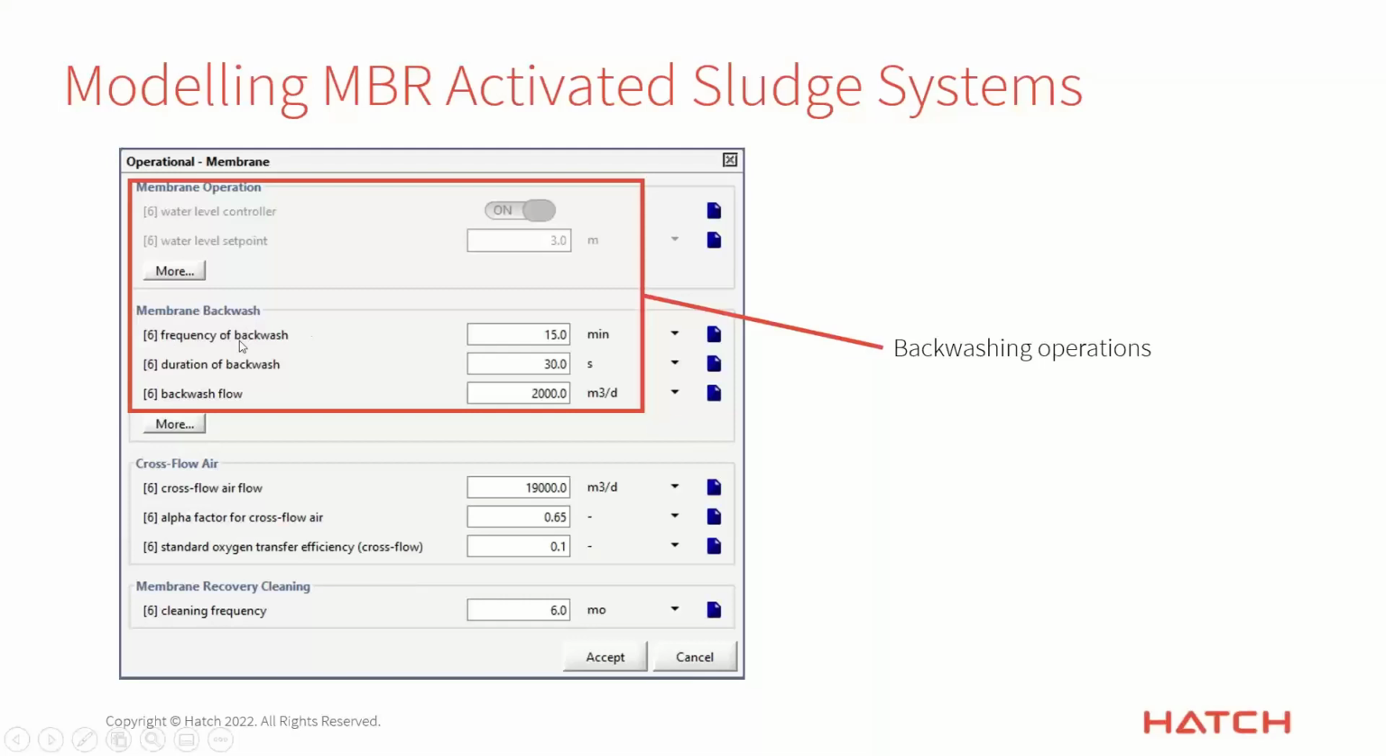What is the frequency of the backwash? How often does it happen? How long does it happen for? And how much flow do we push through in the backwards direction through that membrane surface in order to blow those solids back off into the bulk liquid. So this is showing by default every 15 minutes for 30 seconds, we push 2,000 meters cubed per day backwards through that flow. So during that 30 seconds, it is not filtering, and that's what's causing the volume to go up and down in the